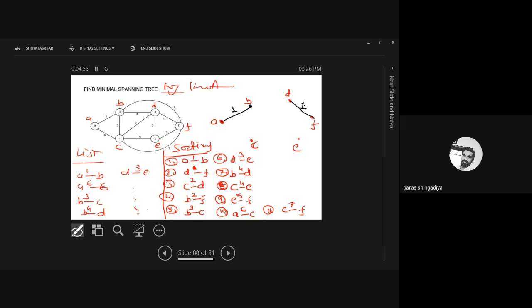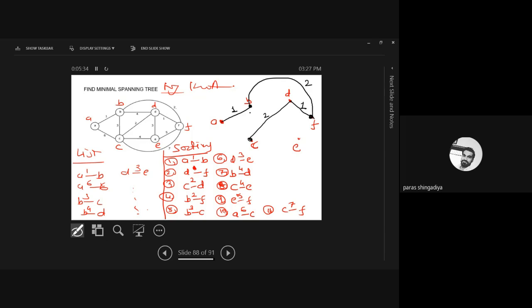Now for 2, C and D, C to D, that is a 2 here. So connect it first. Okay. Then after B to F, that is connected by these two vertices. Okay. That is also weight 2. But we follow the chain. Okay, we'll follow the chain now. 2 is now complete.